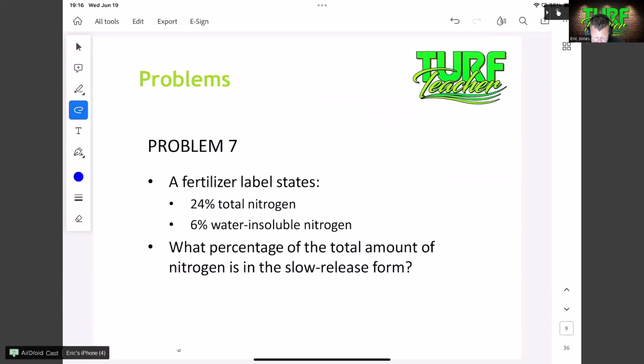Problem number 7. A fertilizer label states 24% total nitrogen, 6% water insoluble nitrogen. What percentage of the total amount of nitrogen is in slow release? So basically, all we're going to do is 0.06 divided by 0.24. And that is going to be 0.25,